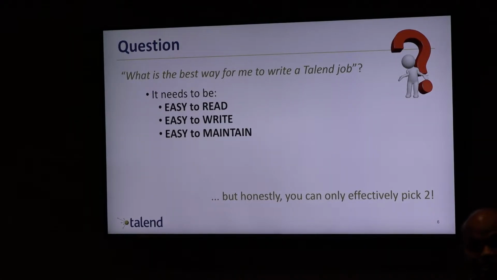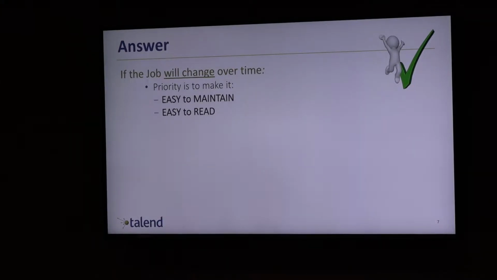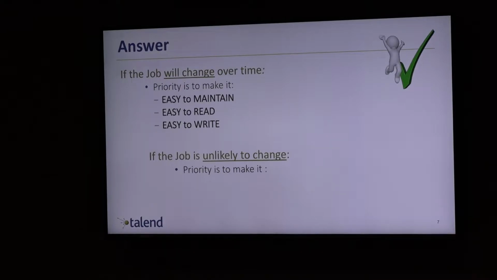That's what I'm talking about: reading, writing, and maintaining. Not just in Talend, in any ETL product in general, you can only pick two. So how can you decide which one you want to pick? The answer is, if the job changes over time, your priority should be to make it easy to maintain, then easy to read and easy to write. If the job is unlikely to change, the priority is to make it easy to